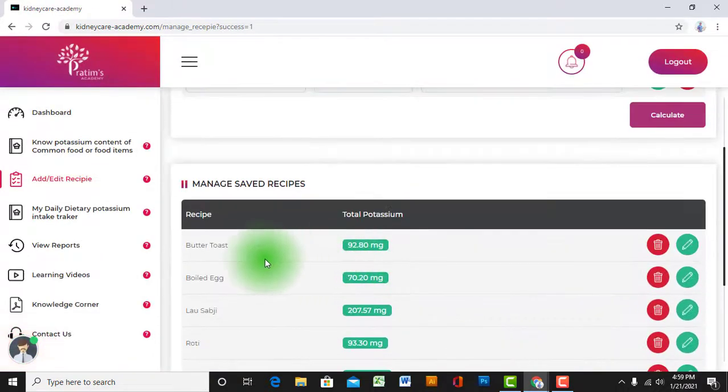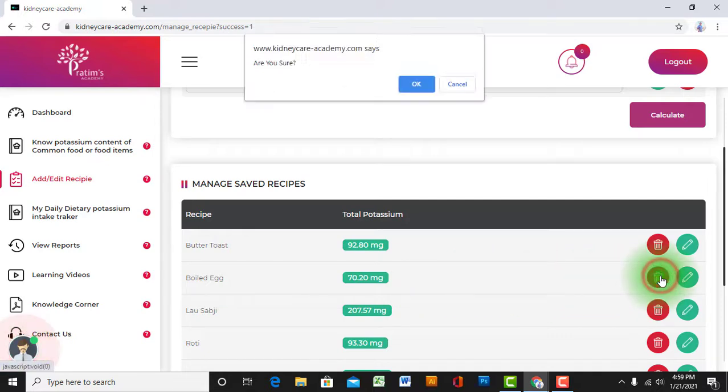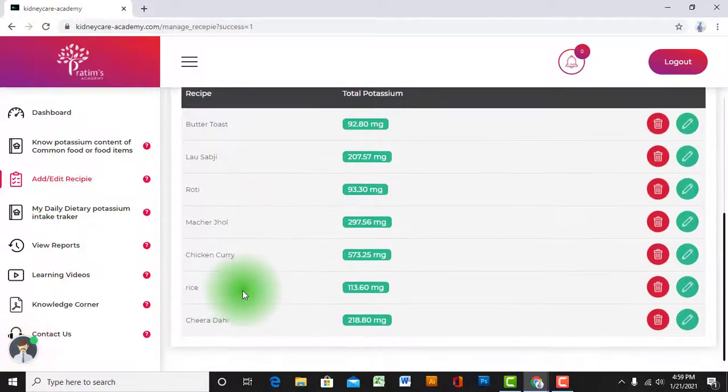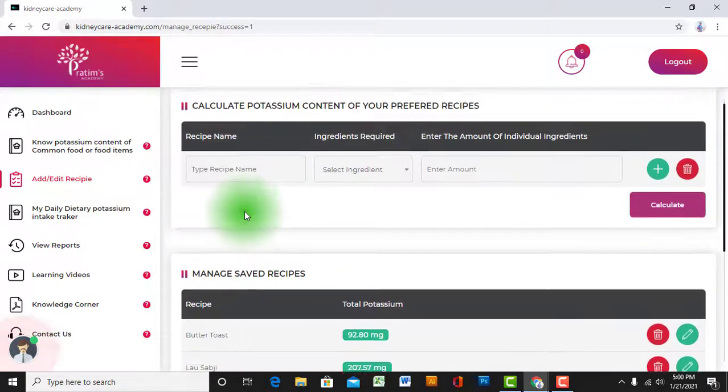If you want to delete any of these recipes, like here if I want to delete this boiled egg recipe, then I have to click on the delete option and then OK. It is not anymore in your recipes.